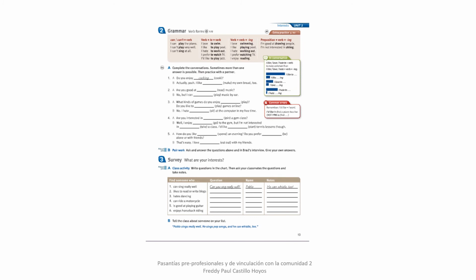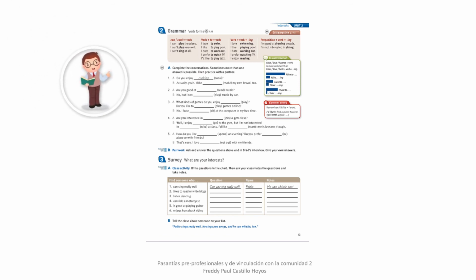This class is the first year of baccalaureate, and the contents that are for that class are according to the A2 in the Common European Framework of Reference. So this is the worksheet that they are working on. They are working in orderly rows,